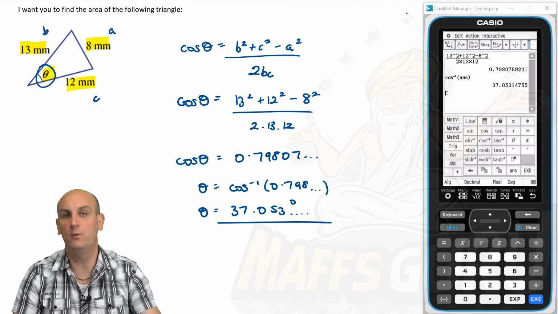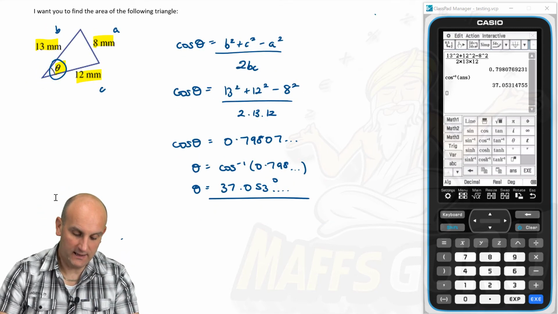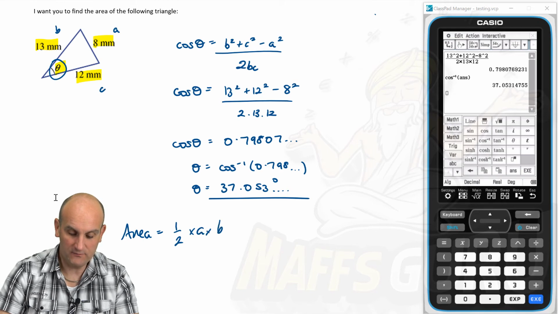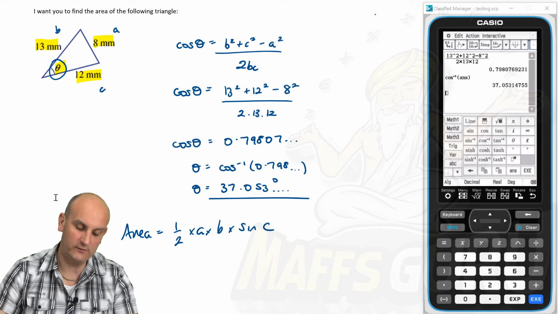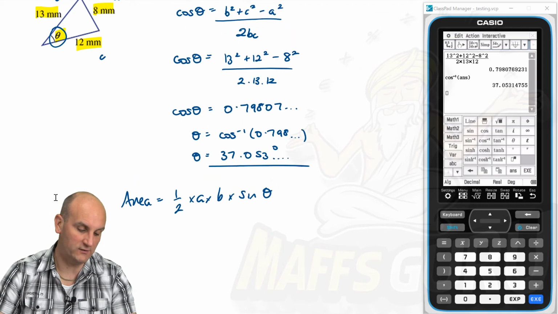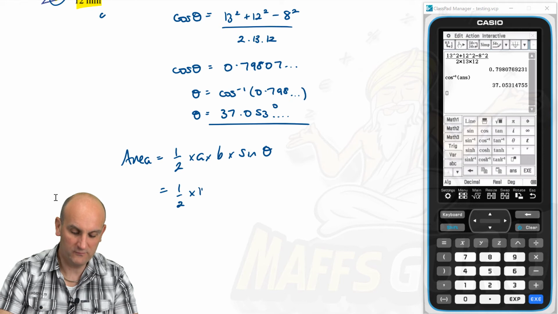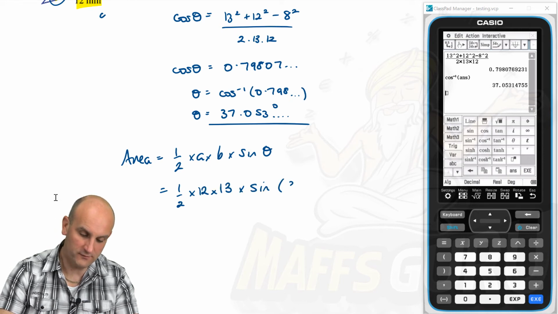If you remember, it wants us to find the area. And so we know the formula for our area is given by an area is equal to a half times a times b times the sine of angle C. And we have angle C, which in this situation is theta. So I'm going to put theta in the place just to make that a little bit more obvious. Scrolling up, what are our values of a and b? 12 and 13. So that becomes a half times 12 times 13 times the sine of